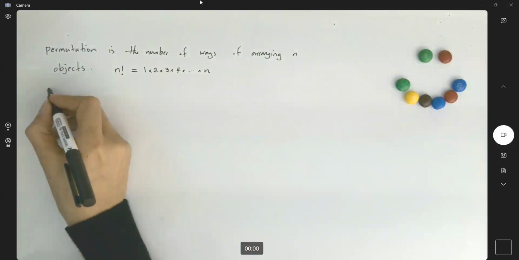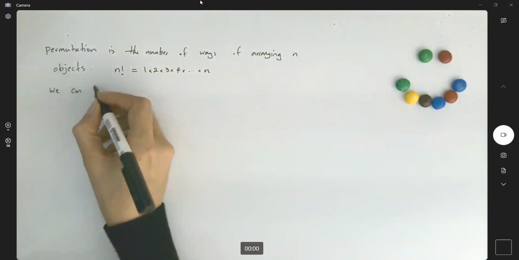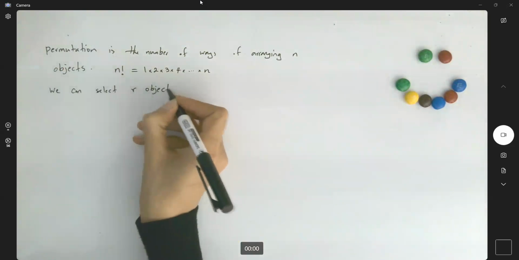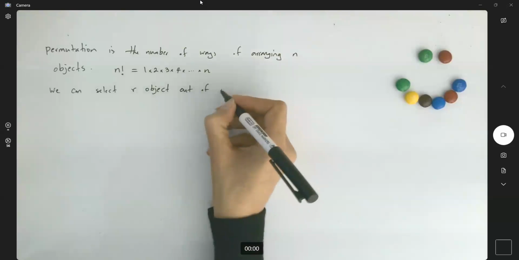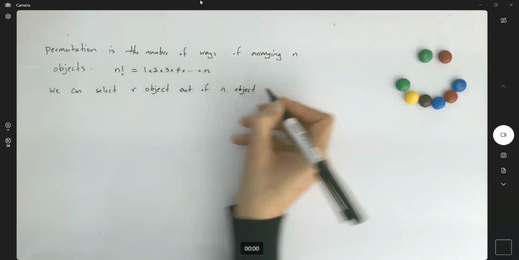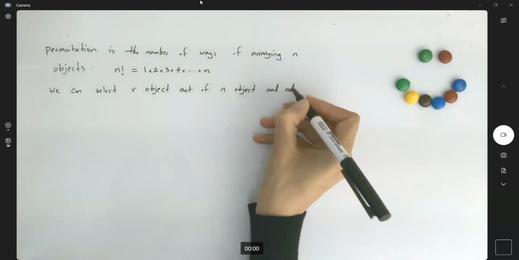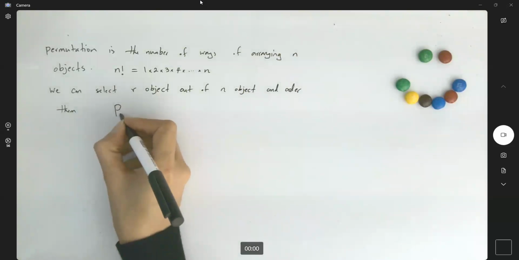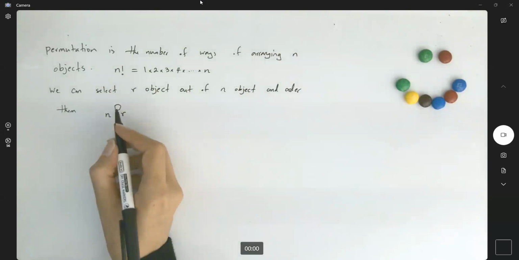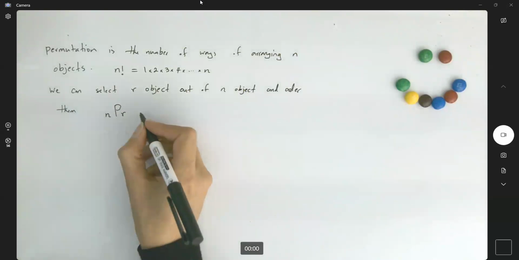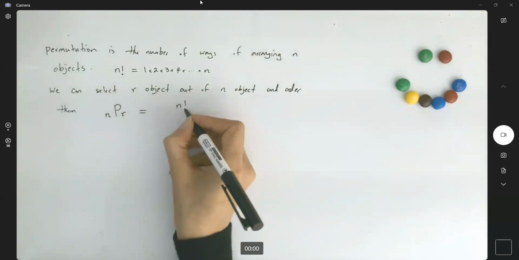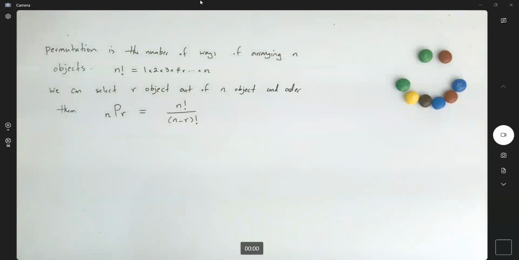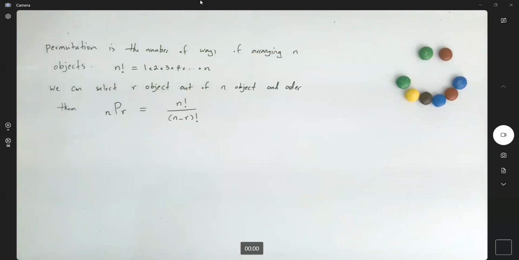We also learned that we can select our objects out of n objects and order them. This was denoted by P of R out of n, the permutation of R objects out of n objects, which was defined as n factorial divided by n minus R factorial. Now we're going to talk about